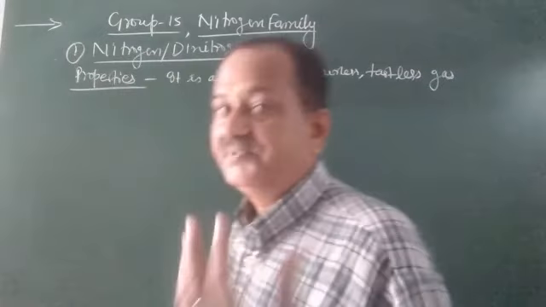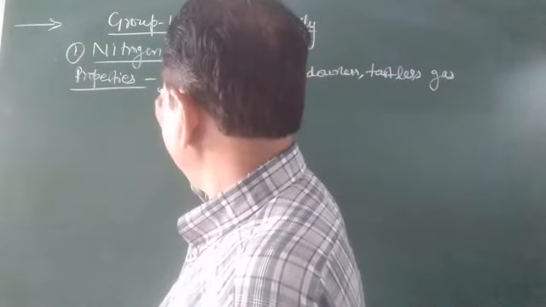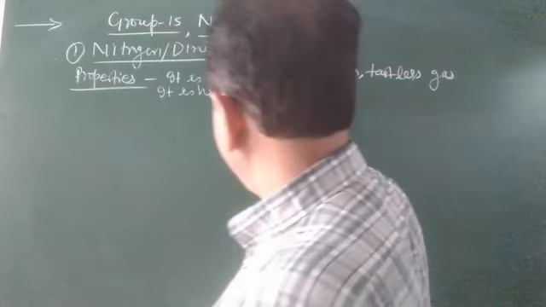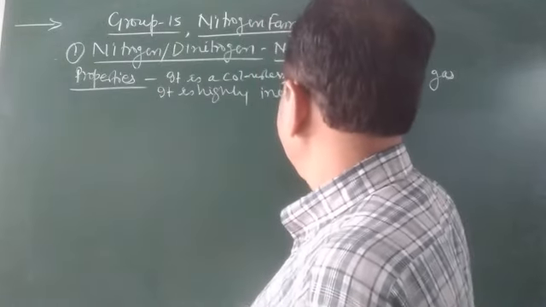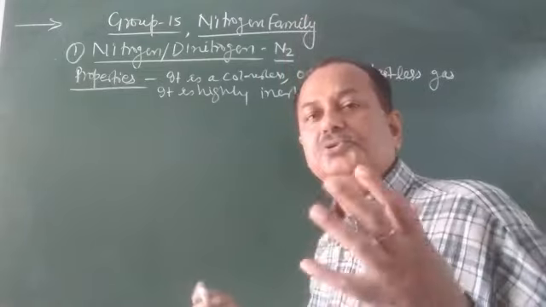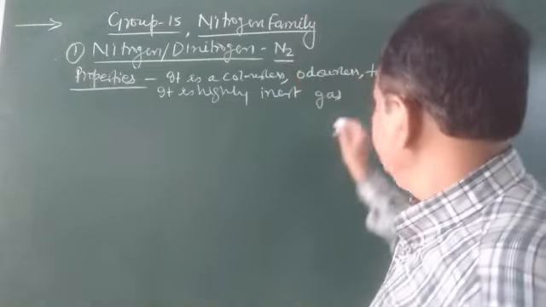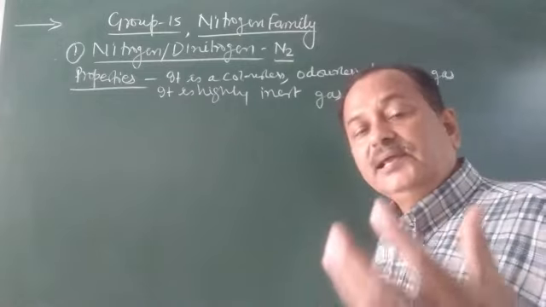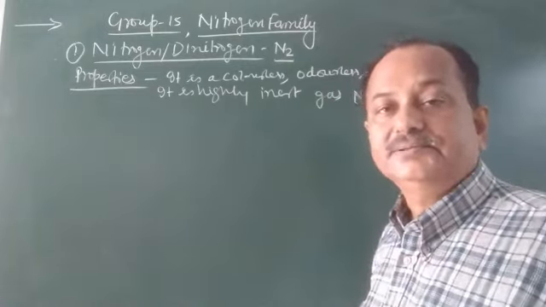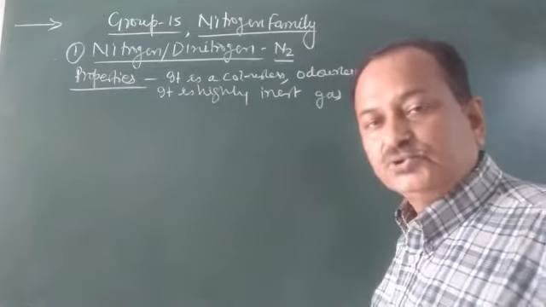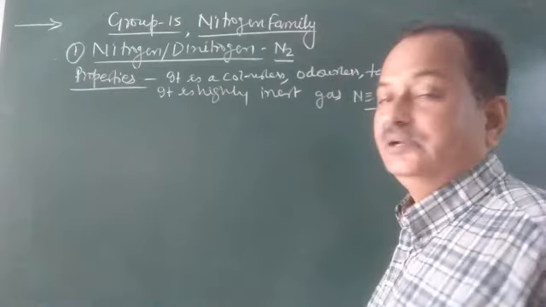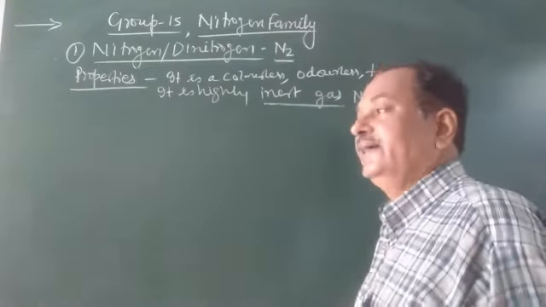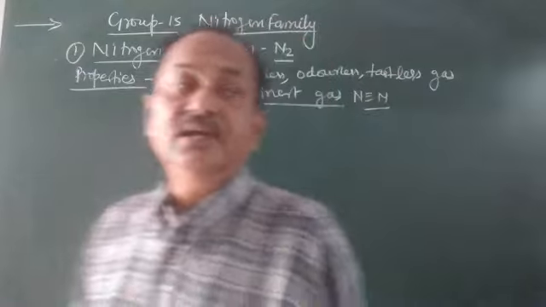And it is highly inert, due to the very strong triple bond between the nitrogen atoms. So the energy required to break the molecule is very high. The dissociation enthalpy is very high, and so it is a highly inert gas,